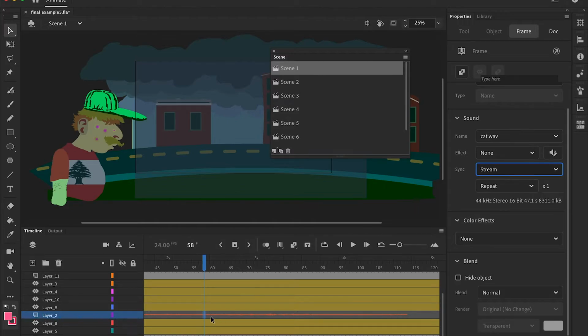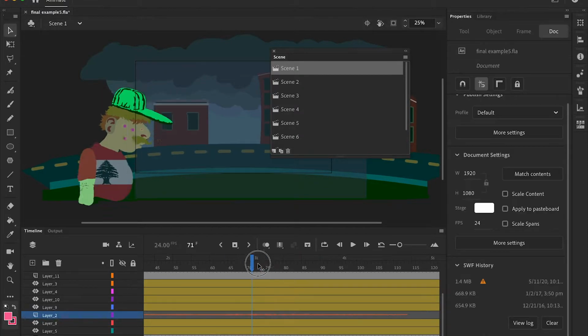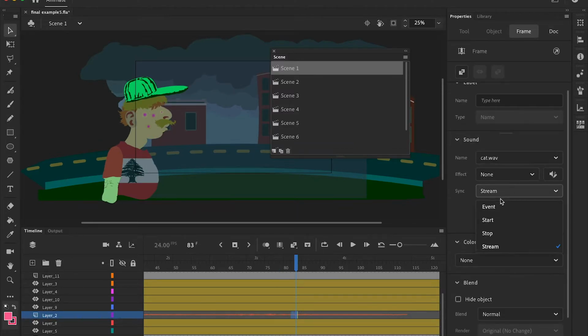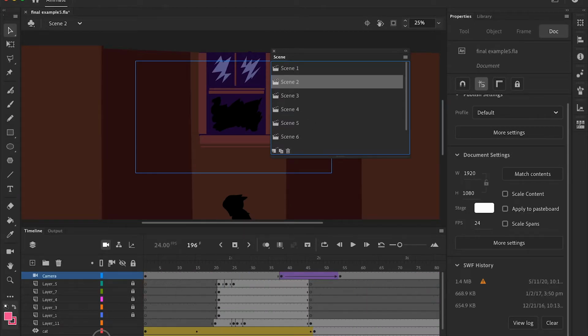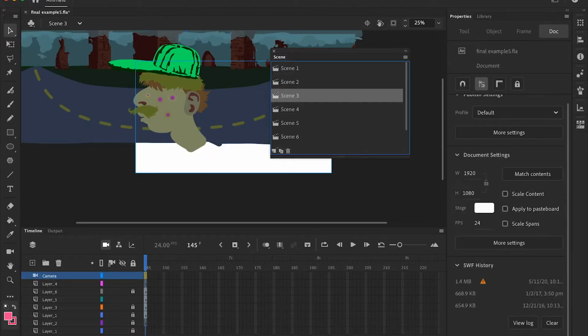So when you click on your audio layer in a scene, the properties panel will bring up the options for that. And so you want to go down to sync, and you want to make sure it's on stream. And you probably already did that, so you could scrub through and actually sync the visuals up really effectively, or start it at any point in the timeline and have the audio play. Some people will have it automatically set to event, and that doesn't give you the scrubbing or play from any point in the timeline option. So make sure every one of your scenes has your audio set to stream. So just go through scene by scene by scene, save your file, and then